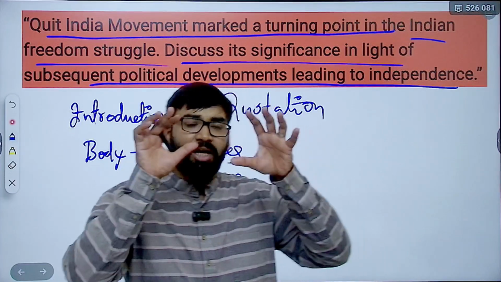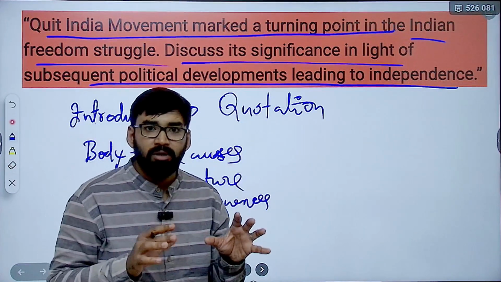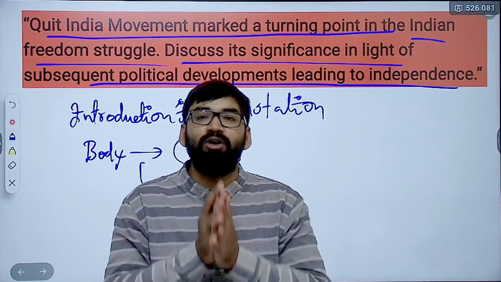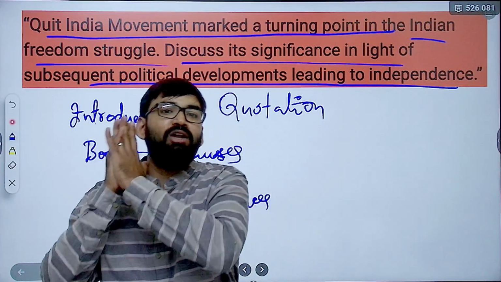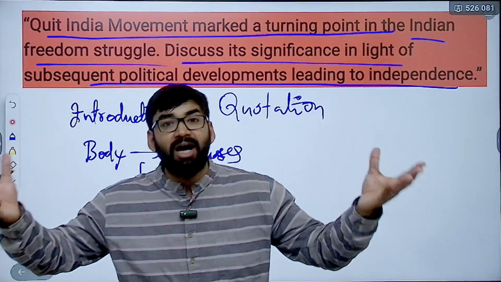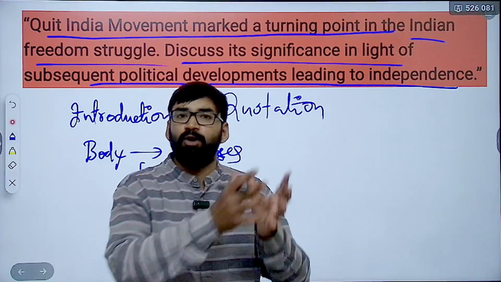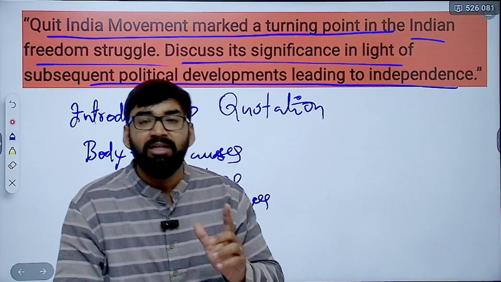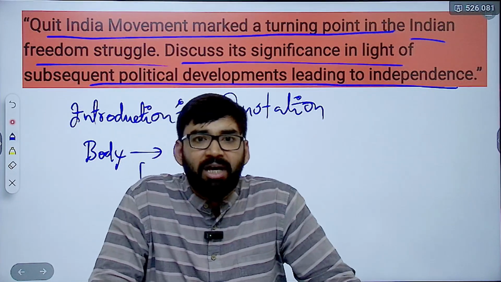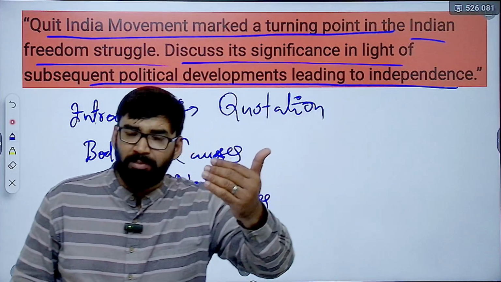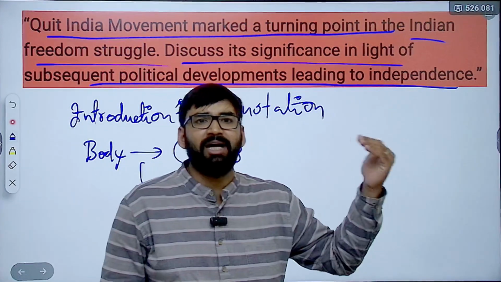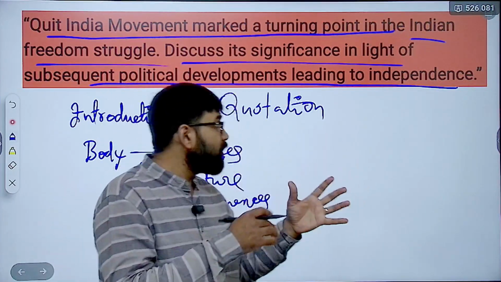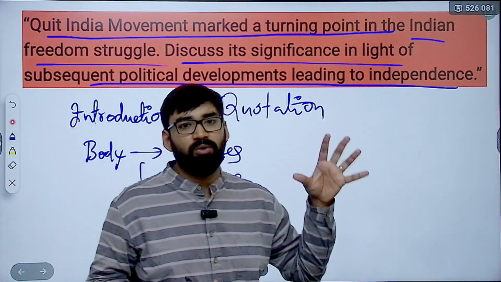And at last, you can give a wonderful conclusion. And what should be the conclusion? Freedom was now inevitable. 1942 had lit the final fire. When Gandhi said, "Do or die," the nation stood up. And from every jail cell, battlefield, and burning street, the message was clear that India would never be the same again. And after the Quit India movement, in just 5 years, the world's biggest empire had no choice but to bow out. So this is how you can mention the conclusion.